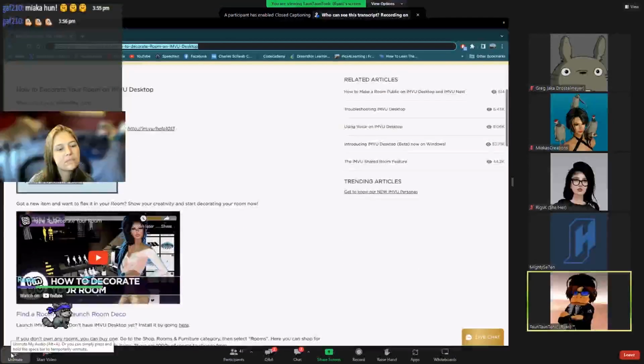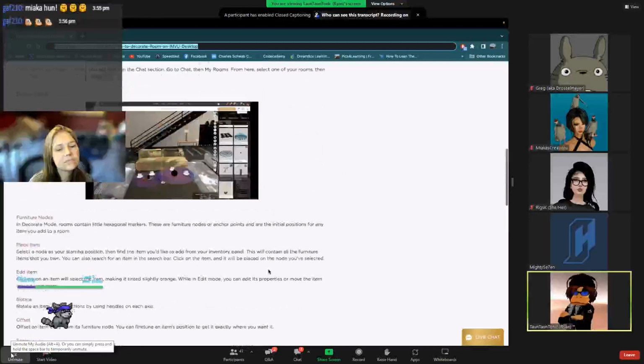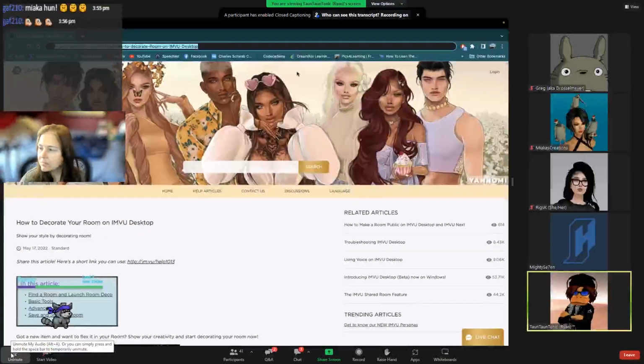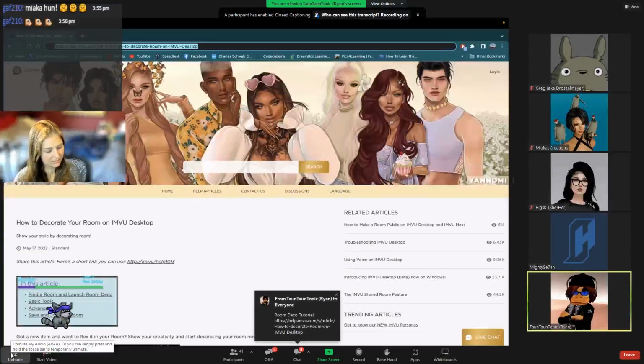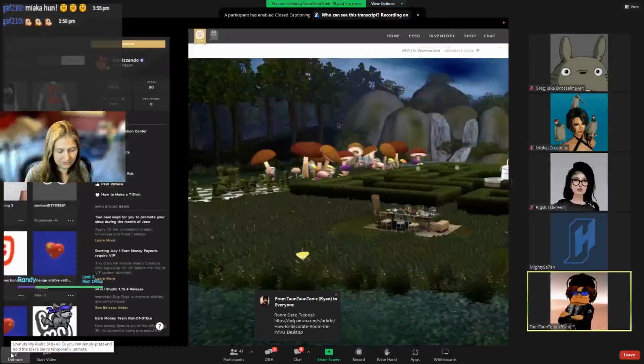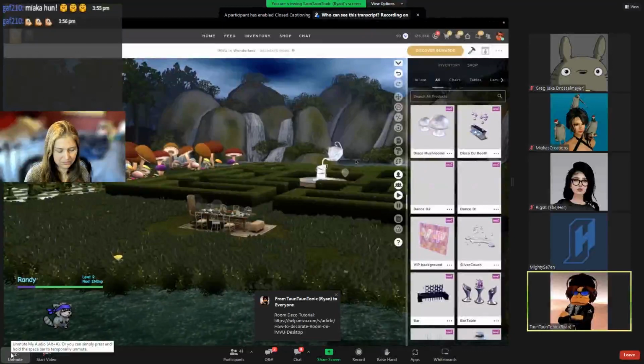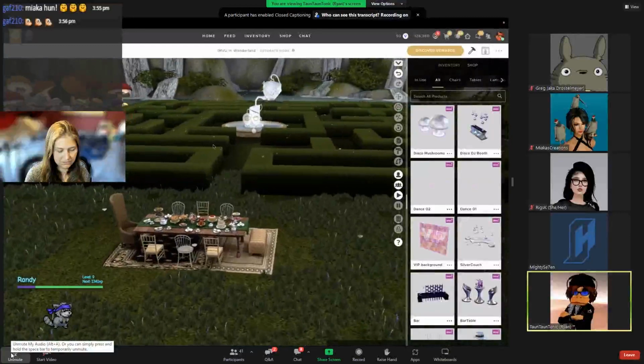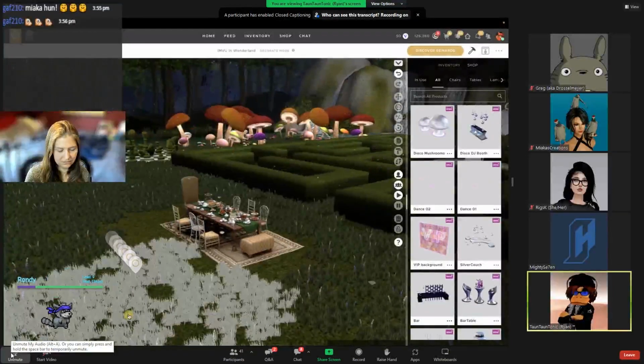learn about it. There's a video here and a lot of tutorials on all of the different tool sets to be able to decorate your rooms. I just posted the link to this tutorial. And if you go into IMVU Desktop, which I have an instance of open right here, this is what room decoration looks like. You can very easily click on